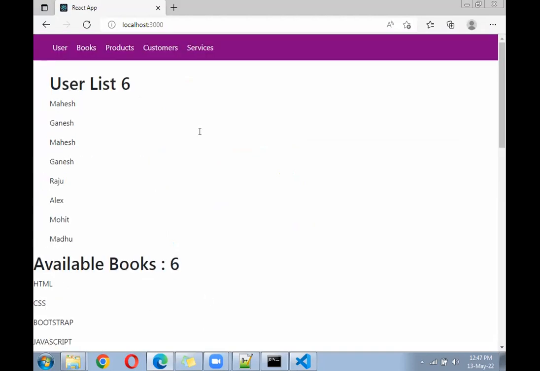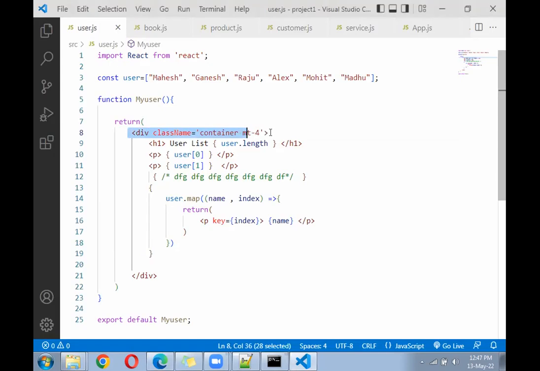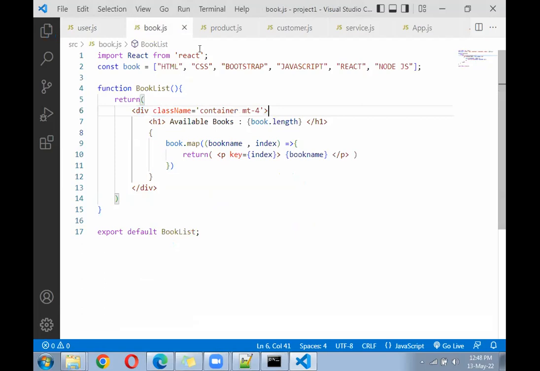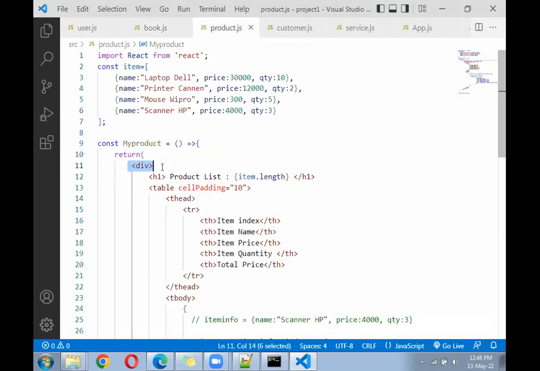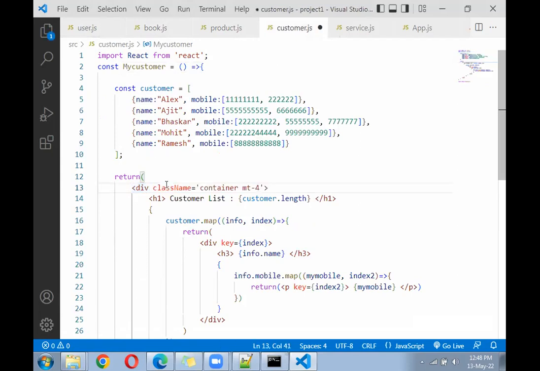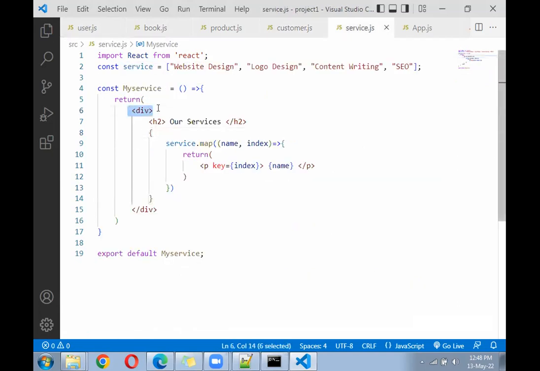In the book also, you can check the division class and change that. Okay, next we have product everywhere. First change the container class so that the page will look a little inside. It will not start from the very beginning. It will be covered inside. It will leave some space from